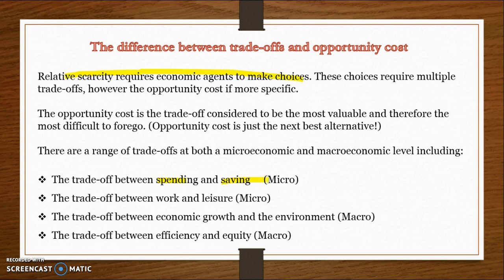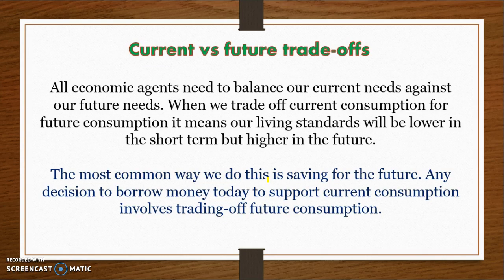There may be a trade-off between efficiency and equity, which means that we might decide to promote businesses, people working really hard and things like that, but that may come at the expense of unskilled workers losing their jobs or sacking unskilled workers, which could hurt equity. So there can also be a trade-off between efficiency and equity, which we'll look at later in the booklet, later in the year. The main trade-off is referring to current versus future trade-offs.